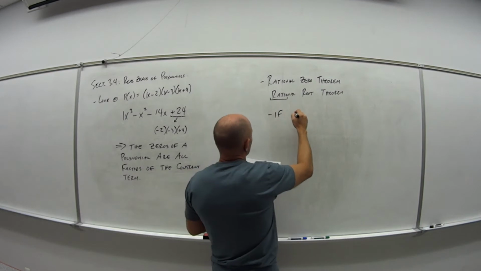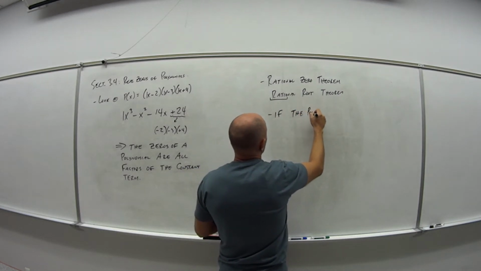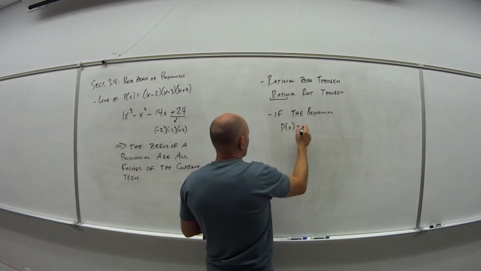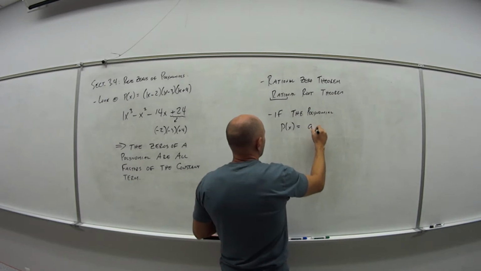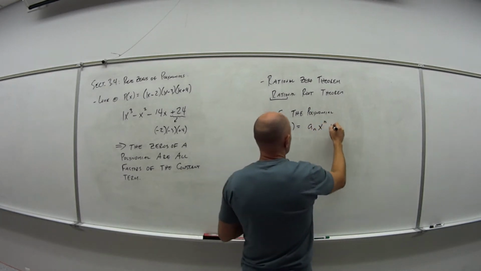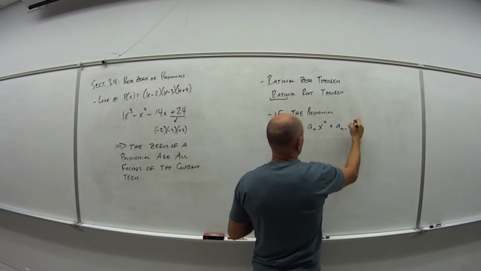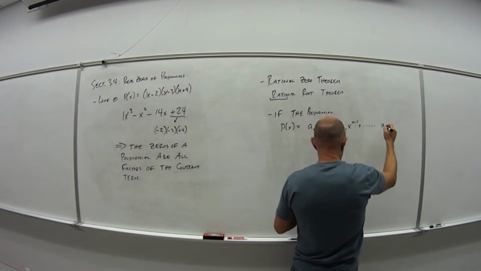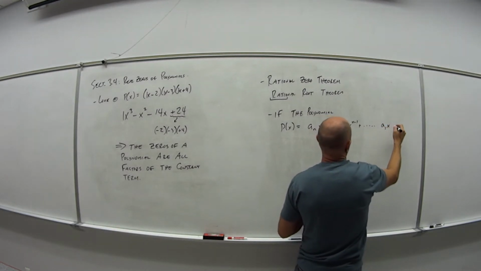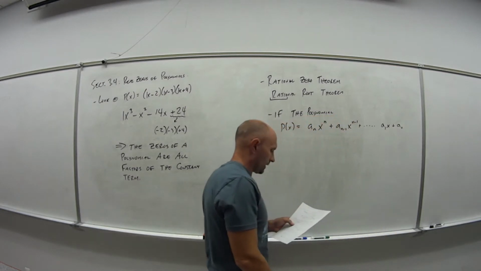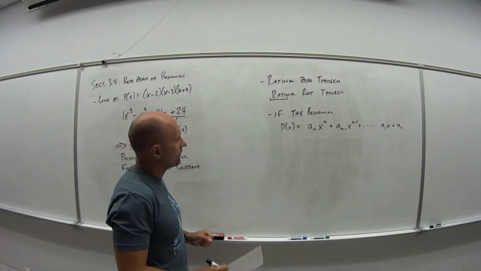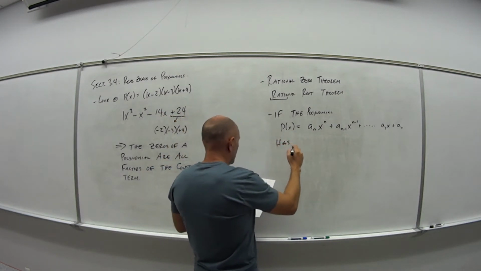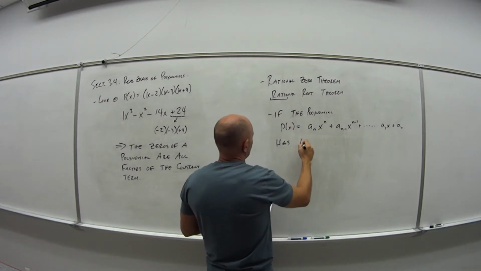If the polynomial p of x is equal to a sub n x to the n power, plus a sub n minus 1 x to the n minus 1, plus, etc., a sub 1 x to the first power, plus a sub 0 the constant. So if we have that general form of a polynomial, if this polynomial has integer coefficients,